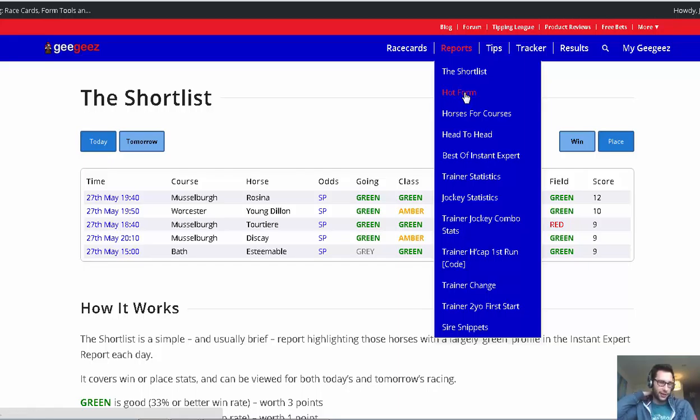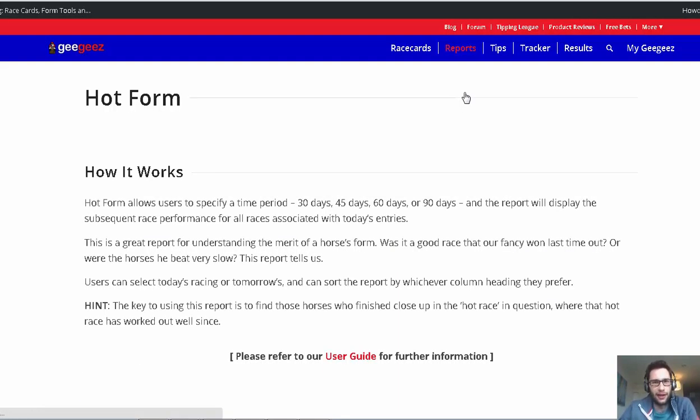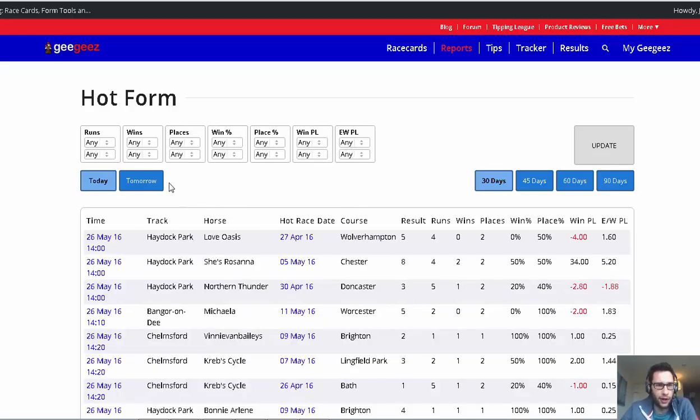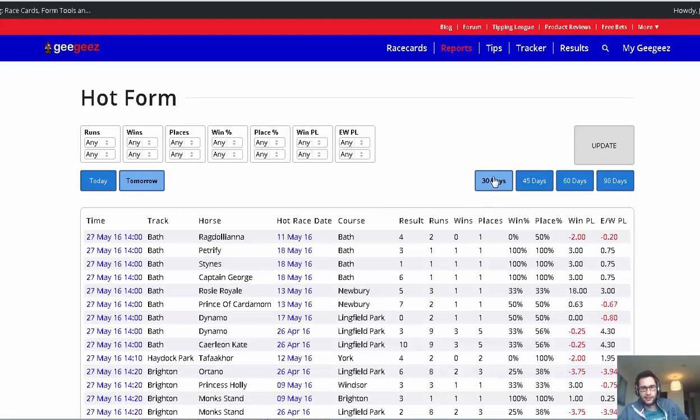This allows you to look at a horse's recent run, how many horses have come out of it, how many have run well, how many have won. Let's have a look at tomorrow. So you can look at all these, or 4 races in the last 30 days. I like sorting it by wins, this one. So if I put this up,